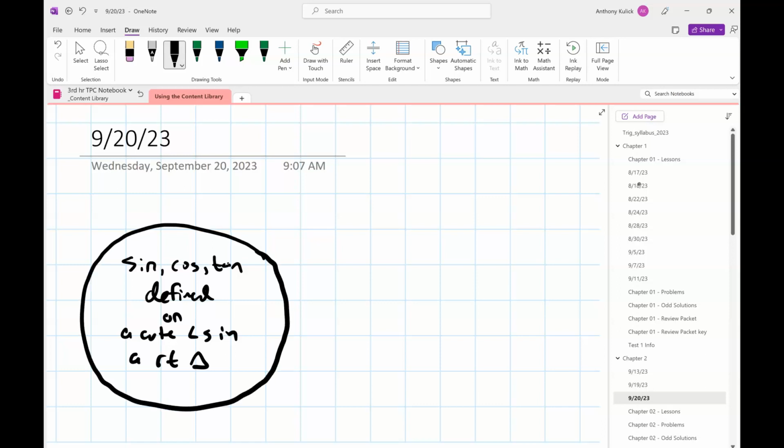Our goal here in chapter 2 is to take this rather specific, limited definition and expand this